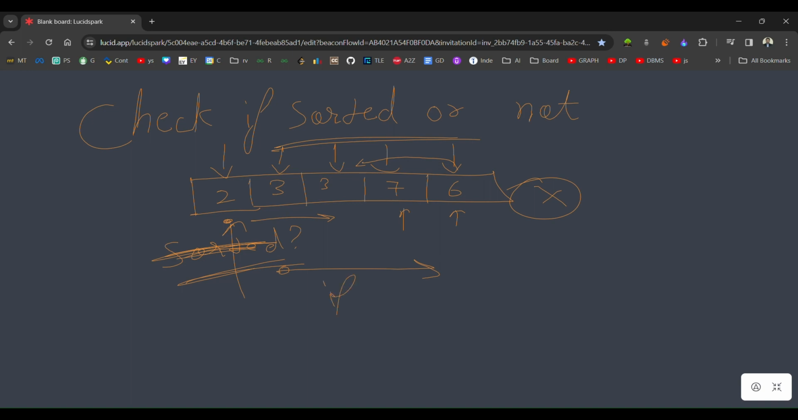I will do an if condition, and if ARR of J, where J is the second loop, is lesser than myself, let's say this is I and this is J. So if ARR of J is lesser than ARR of I, I will say, bro, no, this is not a sorted array, right? But if this condition is never executed, that means it's a sorted array, right? So it will be of